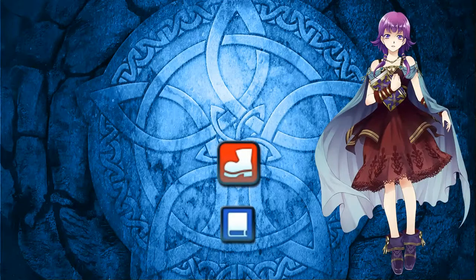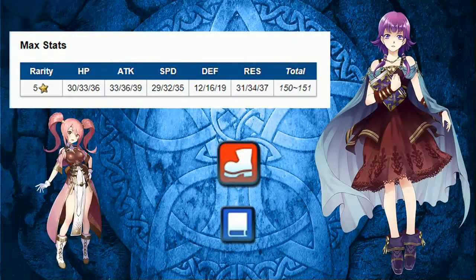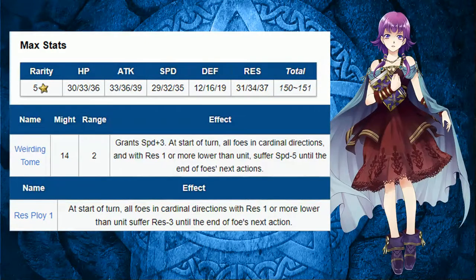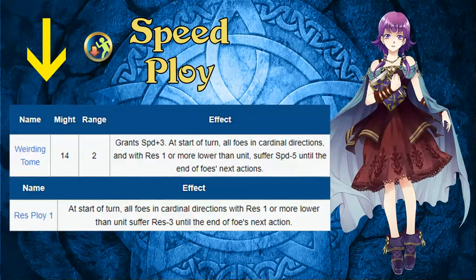Our second unit is Lute. She is an infantry blowtorch user with very similar stats to Mia. She has great attack and resistance, nice speed, and very low defense. Her legendary weapon and her C skill take advantage of her high resistance, being the speed ploy effect and the